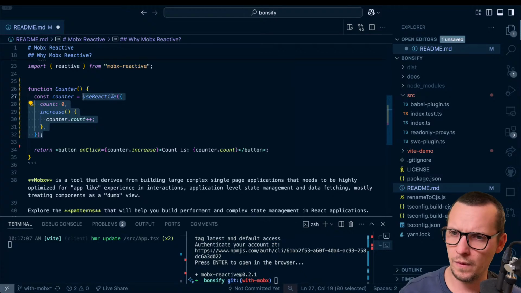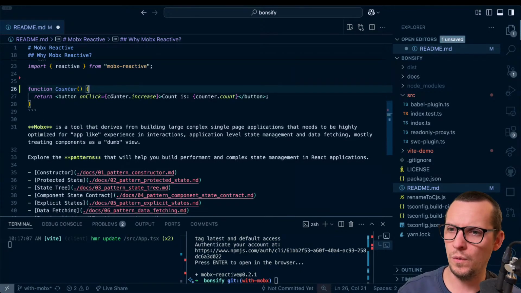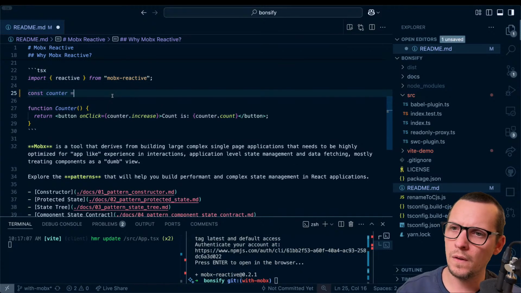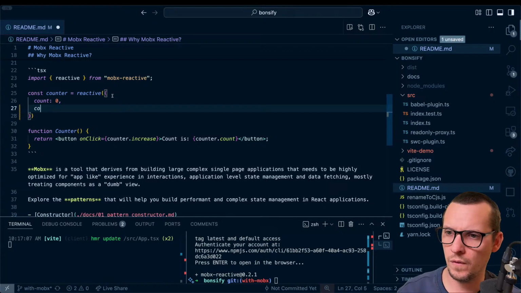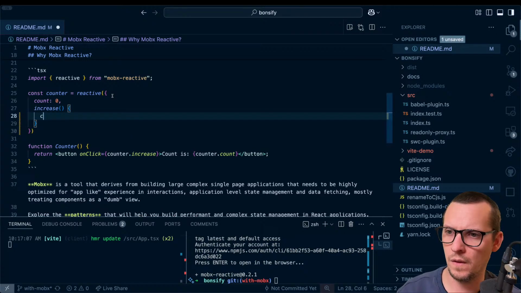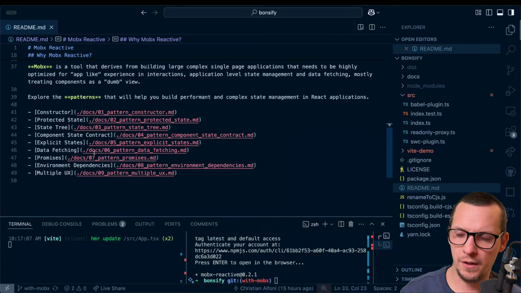So we're gonna do reactive count 0, increase, plus plus. This is what it looks like.